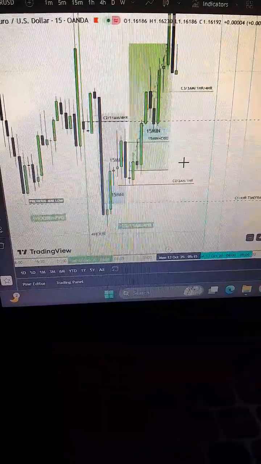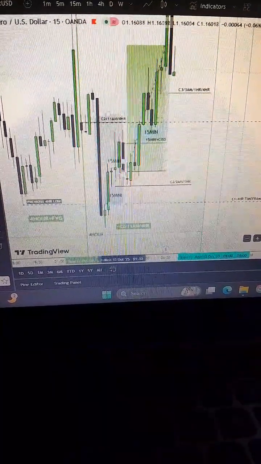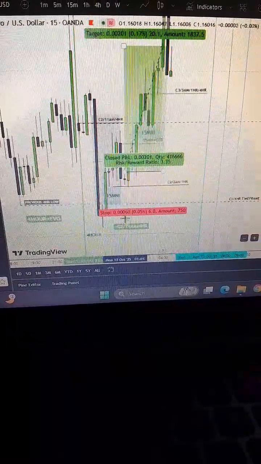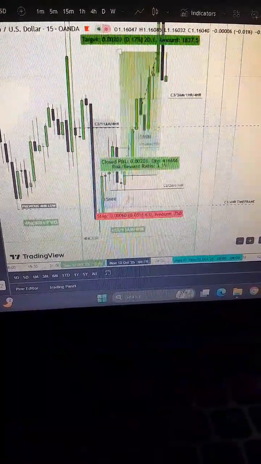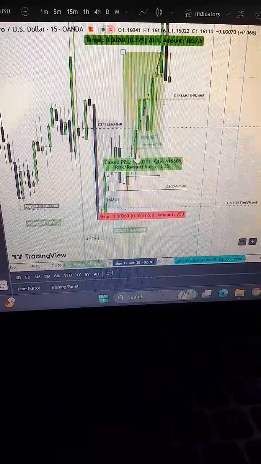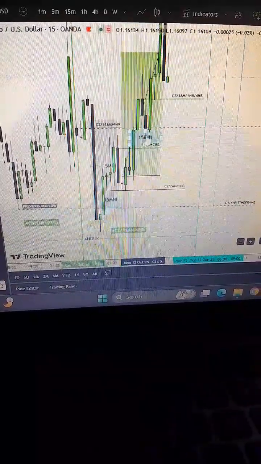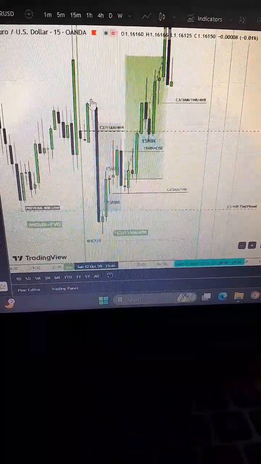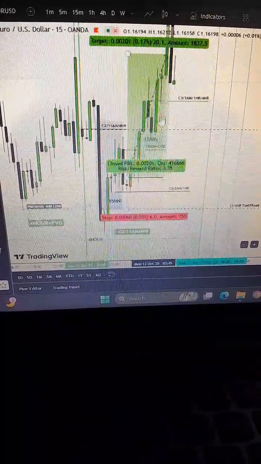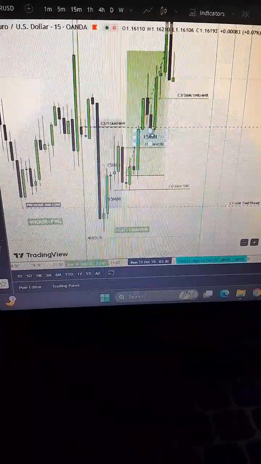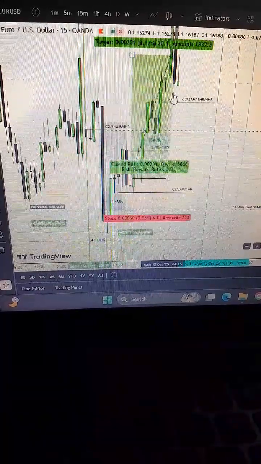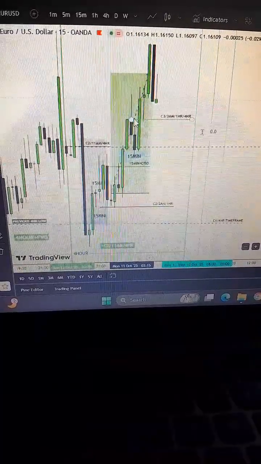Yeah, so basically price was bullish for a bit, and then it came down, tapped into that 15-minute bullish FEG, and then I moved my stop loss from 10 points to 6 points, and from there on out price gave that 15-minute change in state of delivery, followed by another bullish 15-minute FEG. So price swept this high to the left over here, and then it retraced, and after retracement we can obviously expect expansion again. So then it expanded again, and you can also see that price retraced after that C3